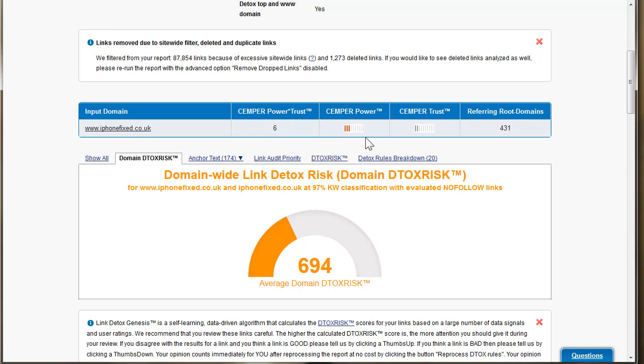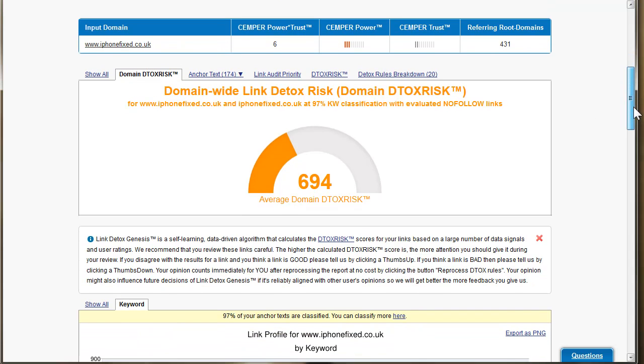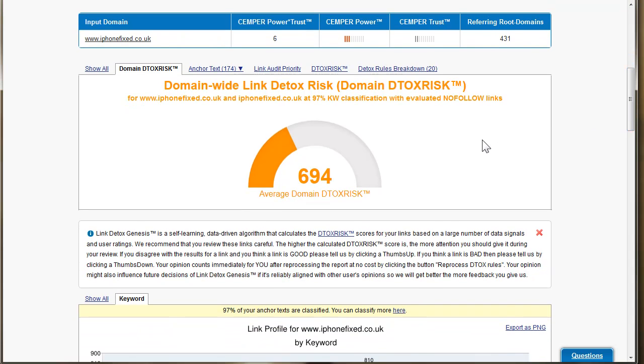I prefer it when these two equal each other, but even so, it's not terrible. The overall average domain risk is looking okay, actually. 694. Anything below 1,000, you're generally not looking at any sort of Penguin type penalty. Now, this site has had a Penguin penalty in the past, so we do have to be careful with a lot of things here.